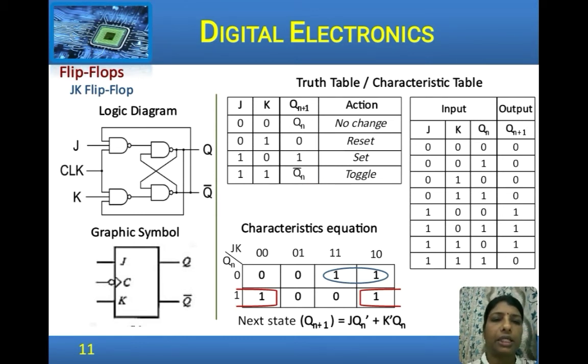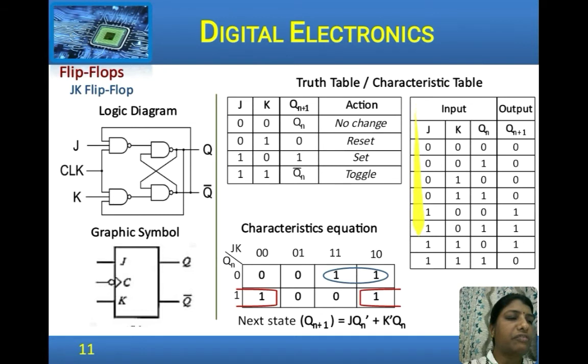This is the logic diagram of a JK flip flop and its symbol. A negative edge triggered one is shown here; similarly, a positive edge one is available. Looking at the truth table or the characteristic table, when J and K are 0, the output is Qn, no change. When 0 and 1, it is 0, reset. When 1 and 0, it is set, similar to what we saw for an SR flip flop. But when the inputs are both 1 and 1, the output toggles, that is, it gets complemented. You can verify this truth table.